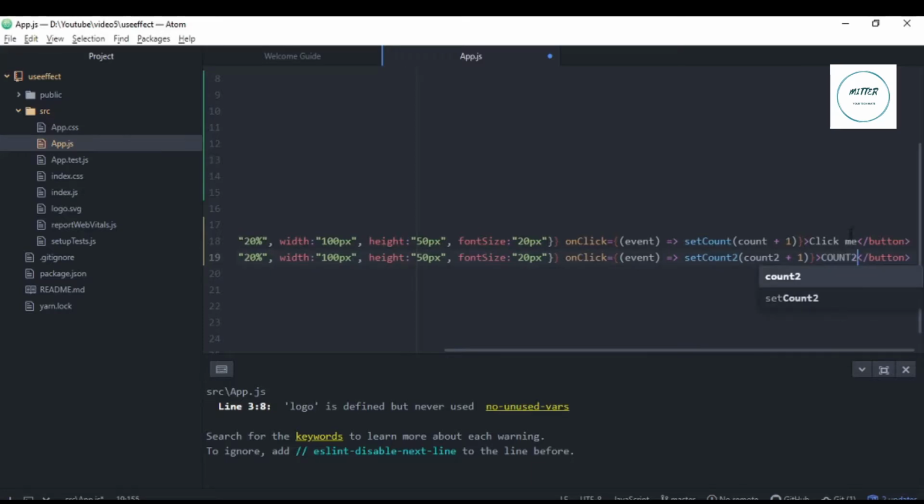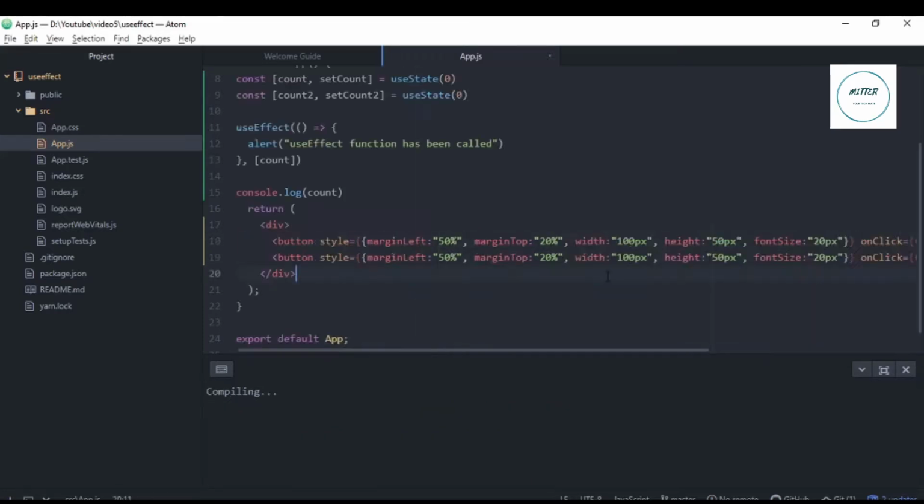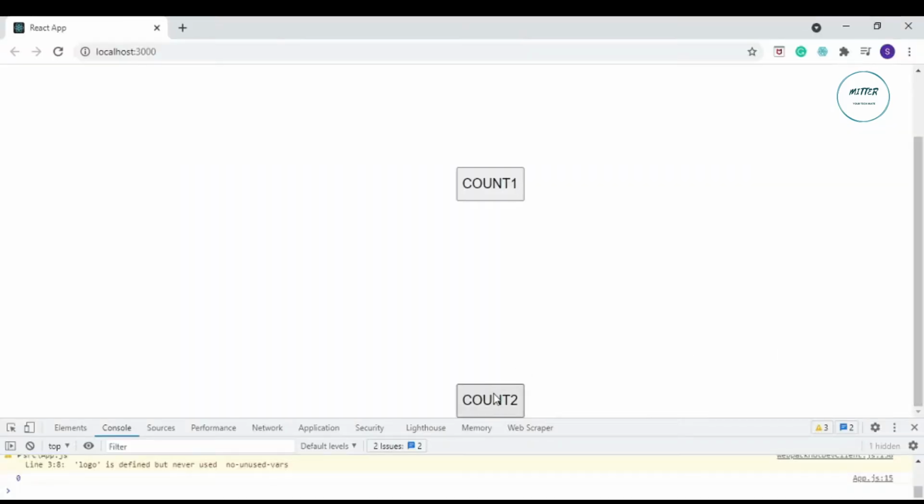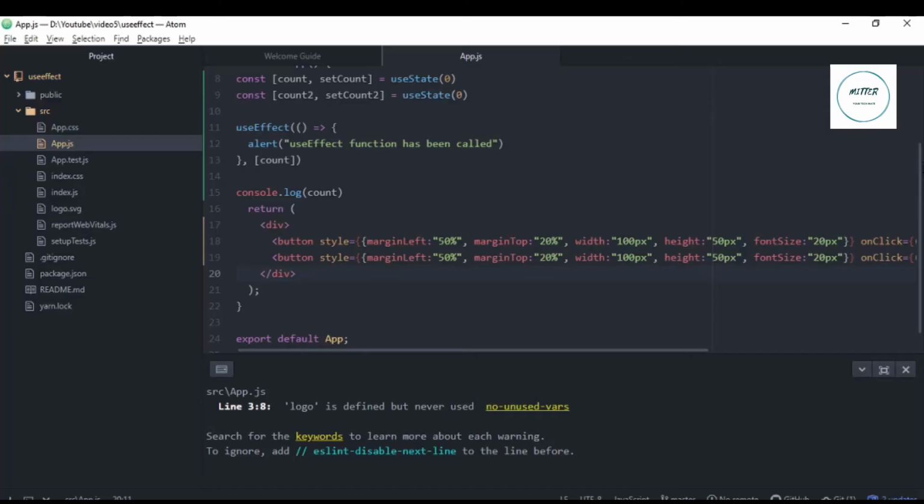I'll say count2 and this is count1. So let me save this. Okay, so now I have two buttons here. We can worry about the CSS later, not now. Maybe I can reduce the margin top for now, and at least we can see the buttons on the screen.